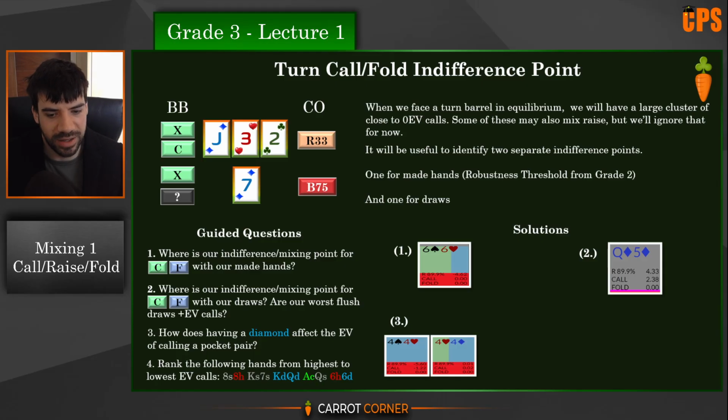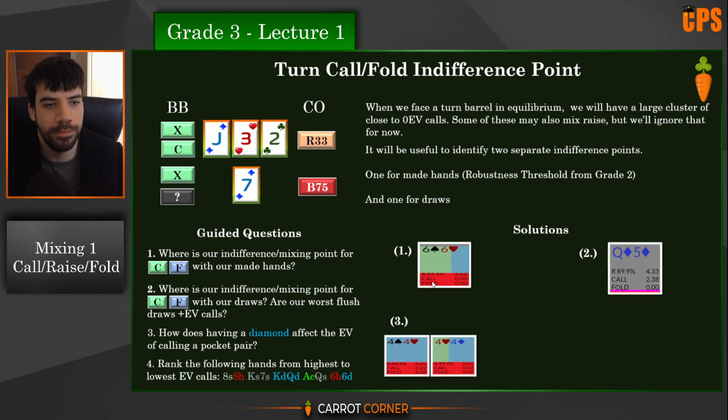The other thing I would add here is that when you have a diamond, you eat up some of the outs in your opponent's range pertaining to their flush draw region. So if villain has a hand here like king 10 of diamonds, a very common turn bluff or semi bluff, we're going to be reducing its equity by removing one of the diamonds from the deck, reducing the flush outs from 9 to 8. It's not a huge deal, but it is enough to swing things when we have a